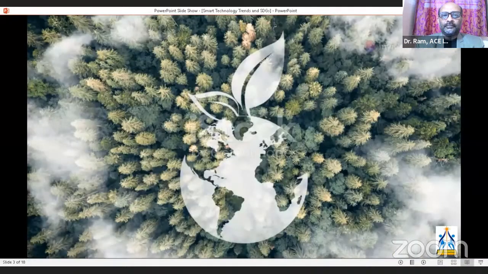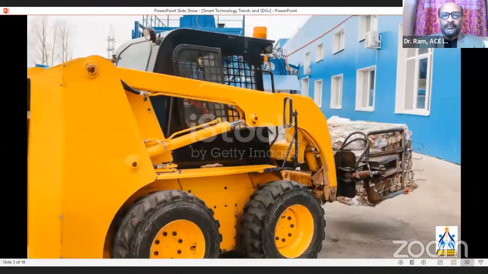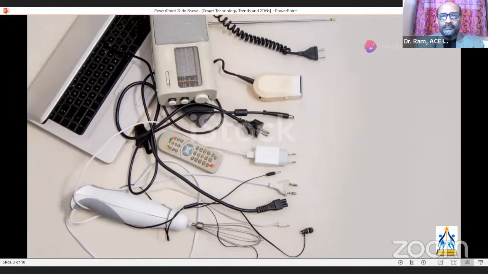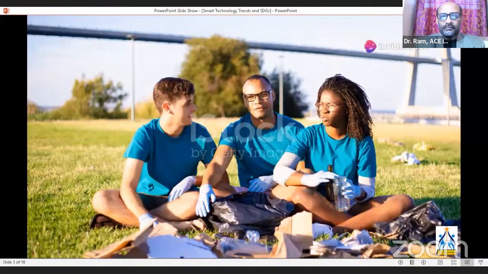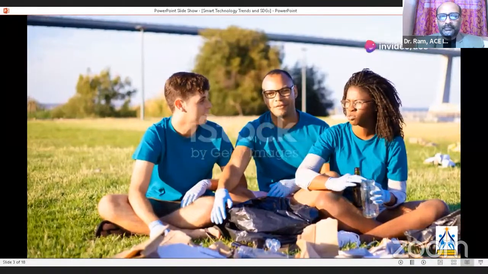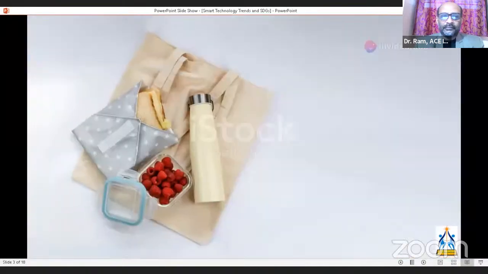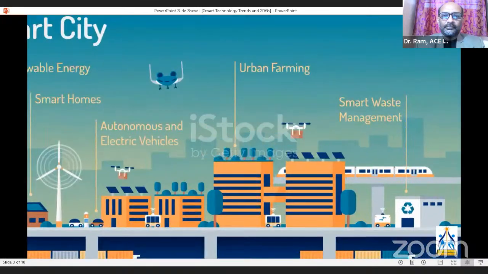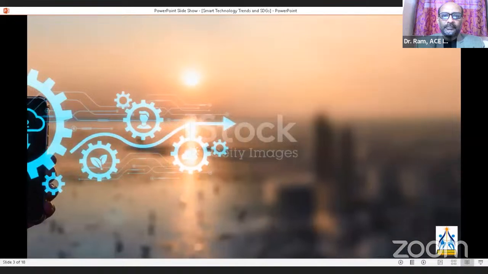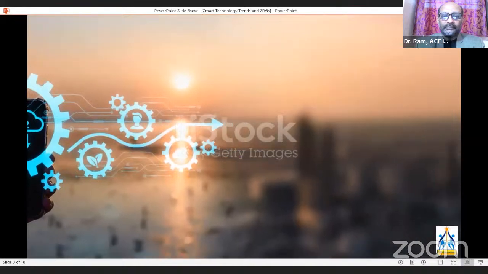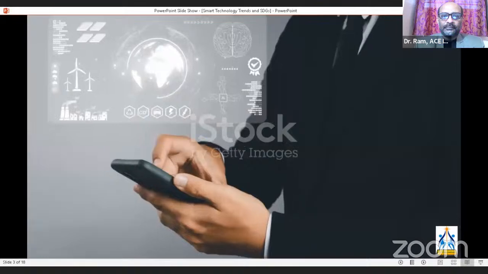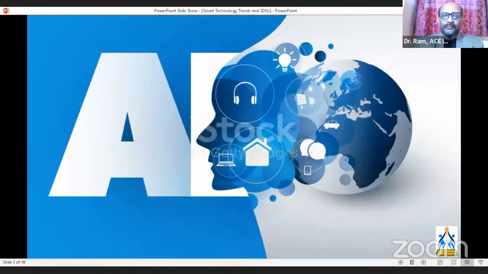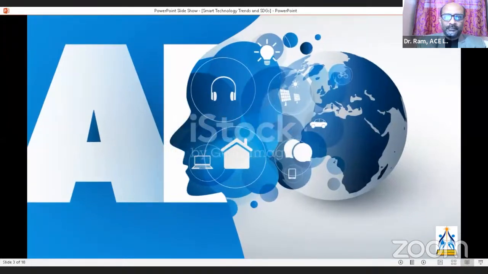Lastly, let's talk about waste management. Tech is turning trash into treasure. Advanced recycling technologies are transforming waste into new materials, and with AI, we're improving waste sorting and reducing contamination. The goal, a circular economy where nothing goes to waste. So there you have it. Global tech is paving the way for a sustainable future. From renewable energy to smart agriculture, the possibilities are endless. Let's embrace these innovations and work together to save our planet. After all, we've only got one Earth. Thanks for watching. Stay tuned for more tech insights.